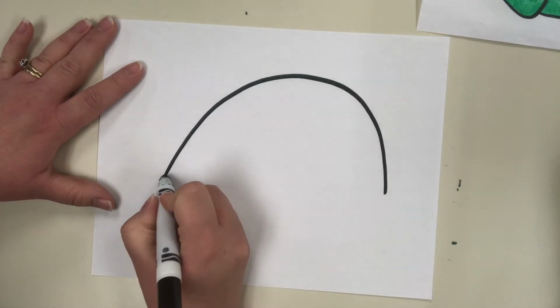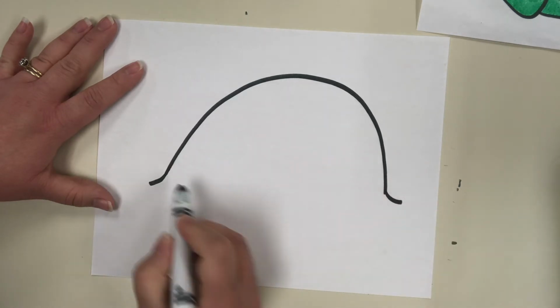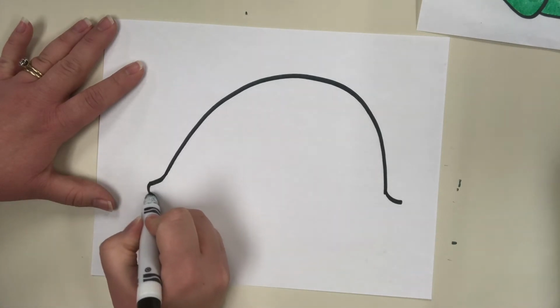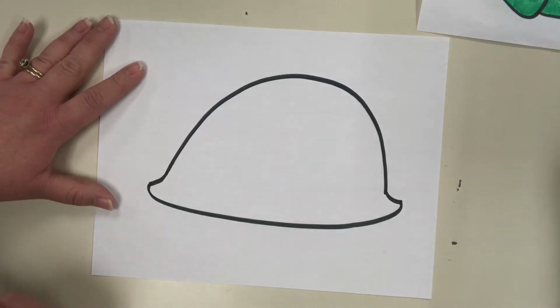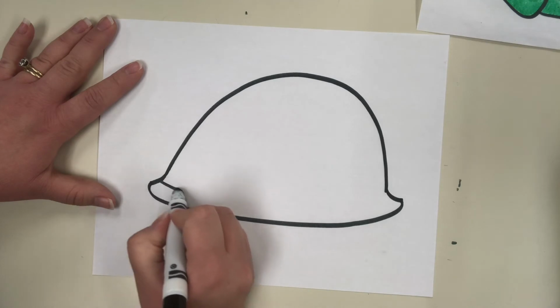Okay. Now I'm just going to go out just a little, so it looks like the little curve of the turtle shell before it closes up. And I'm going to bring it down, slight curve, and connect. Okay, so it looks like an upside down soup bowl here. And I'm going to draw another line here,